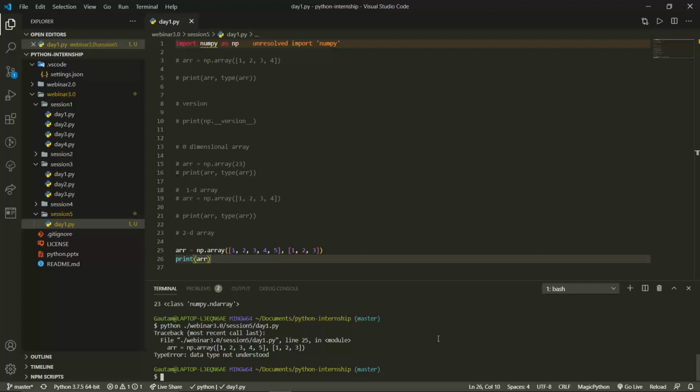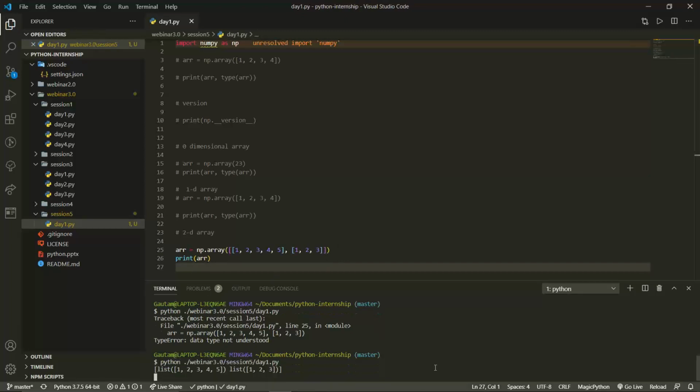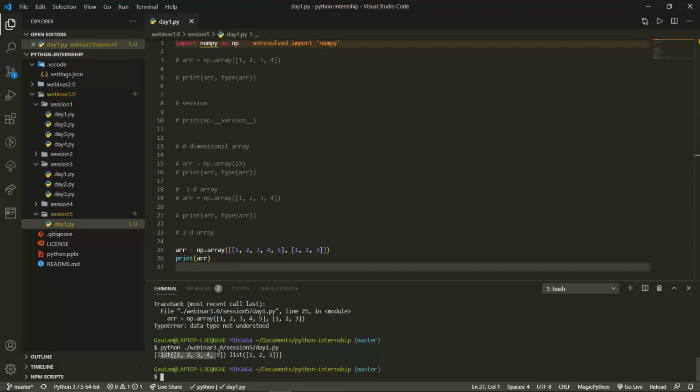Now why is this coming for us? This is because arrays are always in a square format in Python. You need to have a square format. If you leave it like 1, 2, 3, and over here 5 elements are there, it means not a square format. Okay, sorry, I made another mistake, not a square mistake. This should be enclosed in another single list. This is the mistake, I believe. Yeah. So you're getting list 1, list 2, and this is what is in an array format